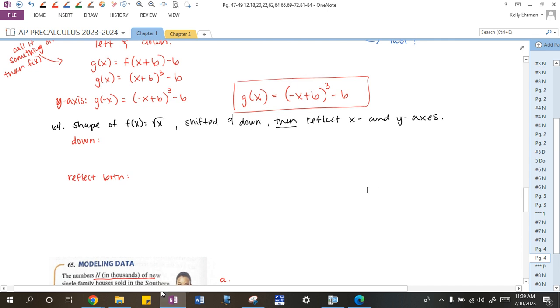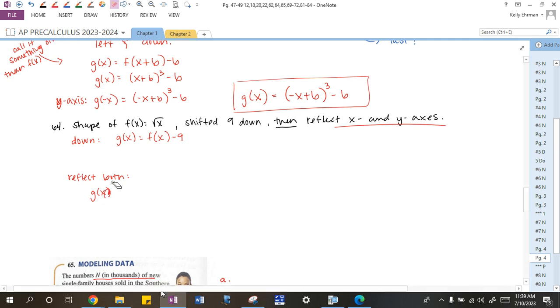Okay, 64. Shape of square root of x, 9 down. So g of x is going to be 9 down, f of x minus 9. And then we're going to reflect across the x and y-axis. So then we're going to do,